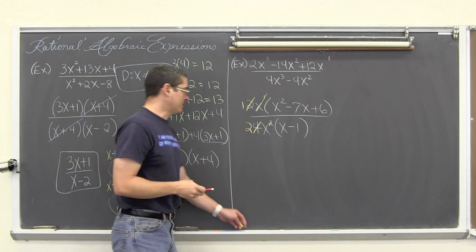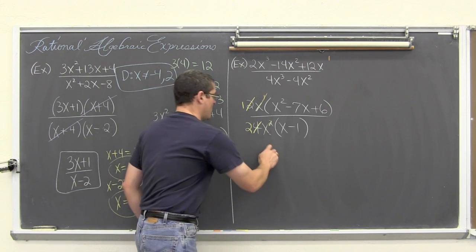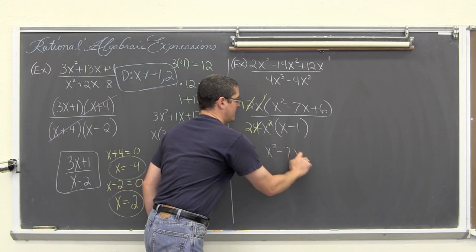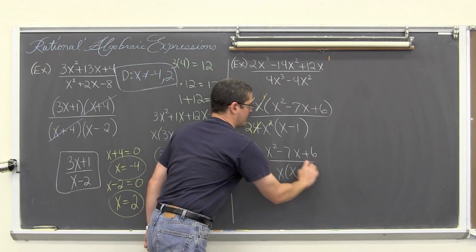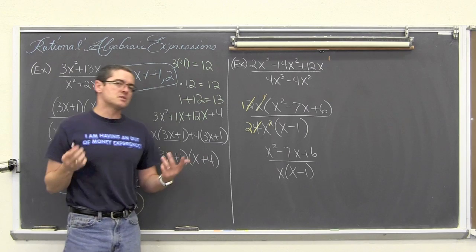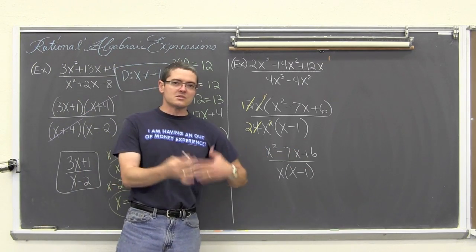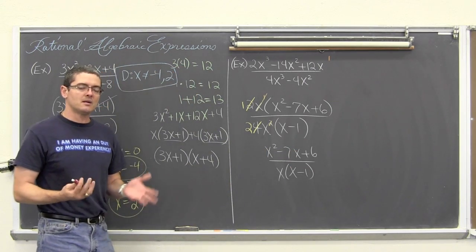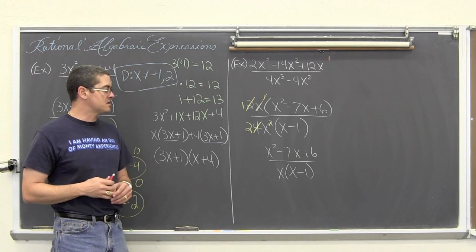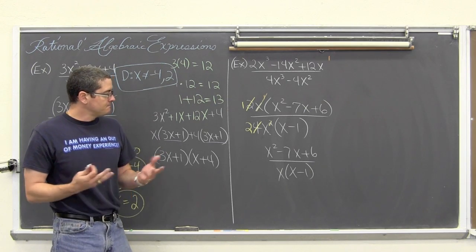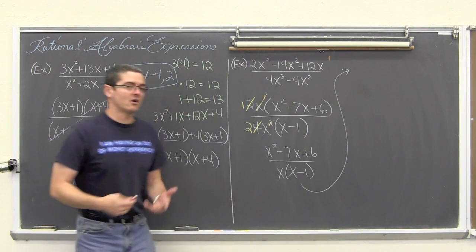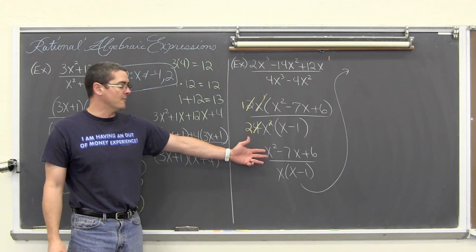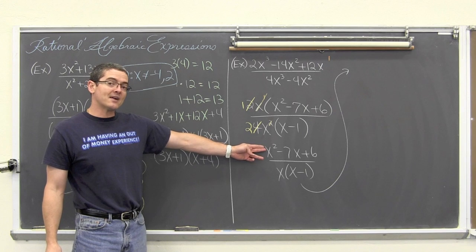Now if I clean this up a little bit, I'm going to have x squared minus 7x plus 6 over x times x minus 1. Now you might think you're done, but there's not always just one step of factoring, and I'm not doing just super easy questions in this video. In case your book doesn't give you hard enough examples for you to get through your entire homework, I'm not just picking the easiest stuff here. So this numerator is factorable again.